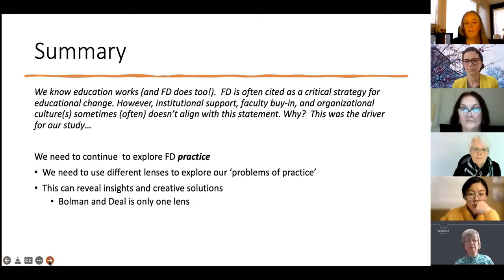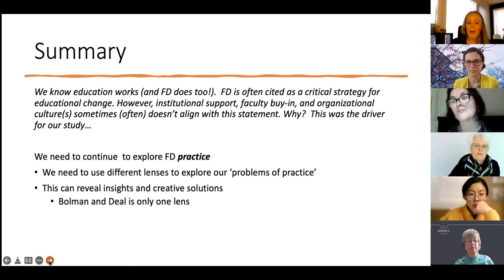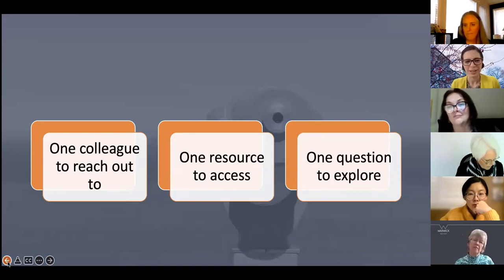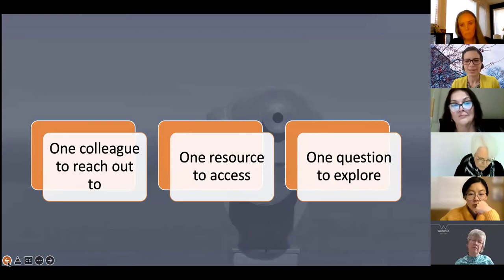And this will reveal some insights about what we need to do to address these challenges, and perhaps some really creative or lateral thinking strategies that can address these problems. And we use Bolman and Deal, but it's really only one lens. And really, the takeaway and the reflection that we want to leave you with is to think about